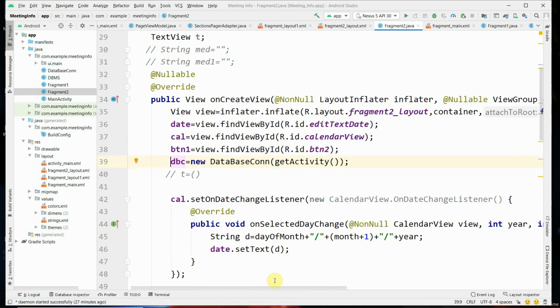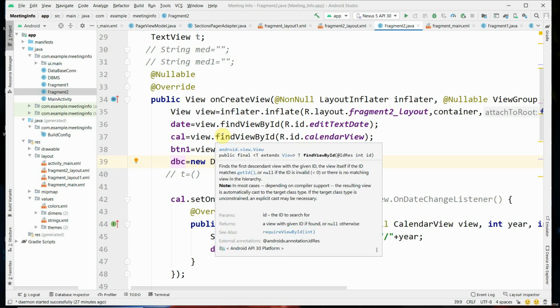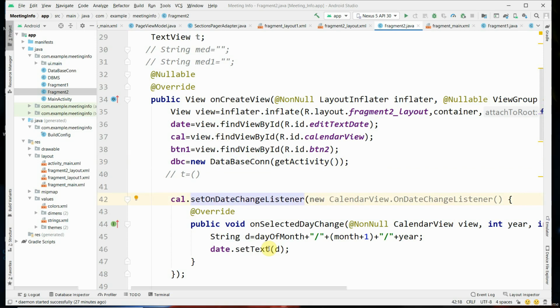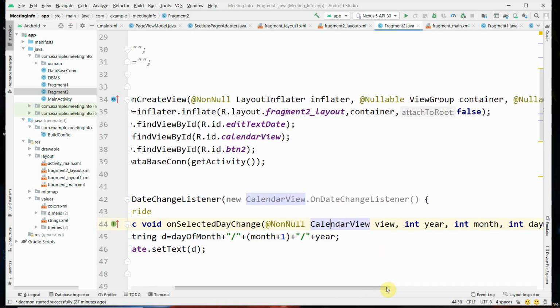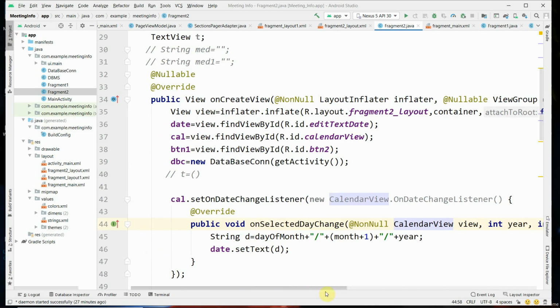And now when you are going to select a date from the calendar, because the calendar view is displayed, the day of month and year, which are extracted from the on select date change event, are concatenated and stored in the variable d, and the date edit text is set with that date.